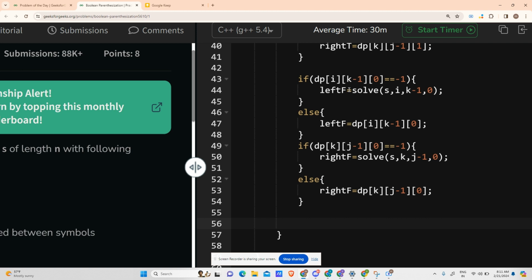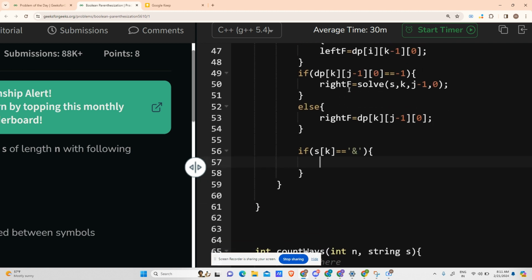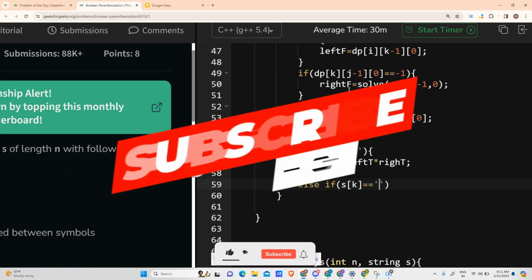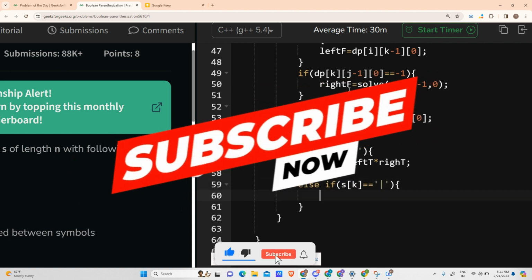Okay, now we have computed the values of leftF, rightF, and all the values we need. Now we have to check for the expression where it is splitting. So if s[k] equals AND, in that case only rightT and leftT will be multiplied, right? So answer plus equals leftT star rightT, right? Else if s[k] equals the OR operator, in that case